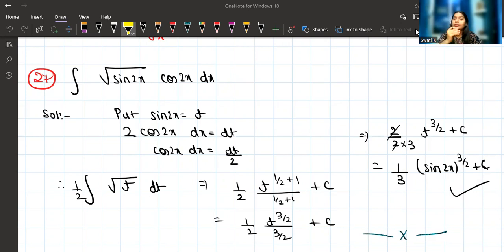We have total 39 questions, and yes, I have made basically three parts of this particular exercise, that is 7.2. So in three parts I have covered all the questions. There are 39 questions. The first part I have covered few questions 1 to 10. In the second part I have covered almost 11 to 27, as you can see here. And this particular video is the third part of the video where I'm going to cover the questions from 28